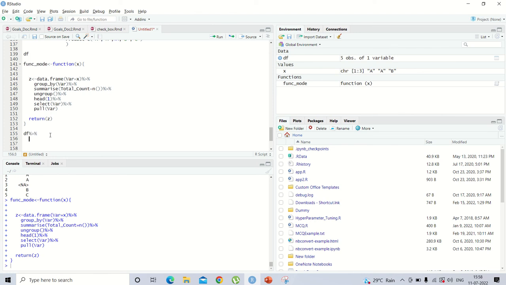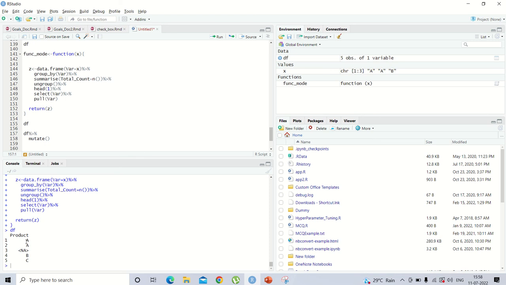Now let's use it on the data frame. What I will be doing, so before this, let's again look at the data frame. So if I have to replace the NA value within this product column with the mode, we can definitely see that the mode is A. So this NA value should be replaced with A. So let's see,